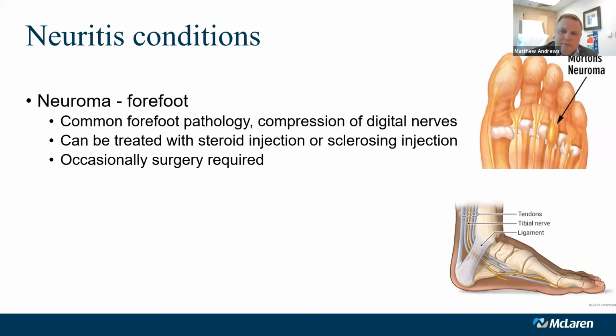Surgery is a good answer for neuromas, but it's not always that great of an answer. Sometimes you can have some residual symptoms with it. And anytime you cut or remove a nerve, the cut portion of the nerve can go a little bit haywire, and you can have some reproduction of your symptoms. So for us, surgery is almost always a last resort for neuromas.